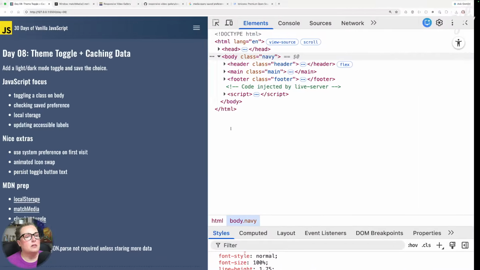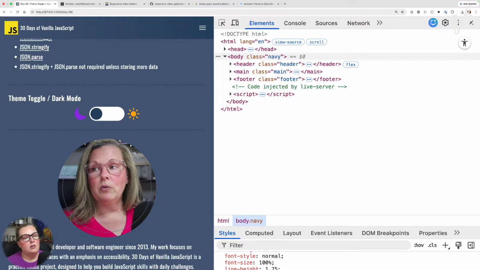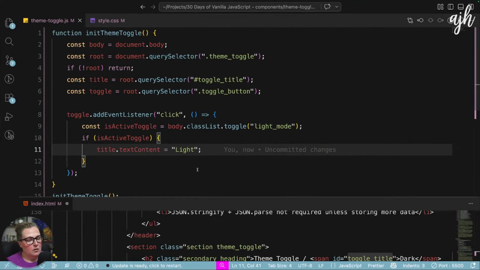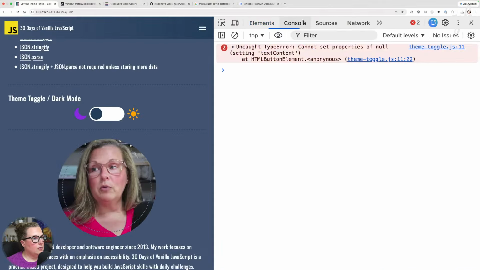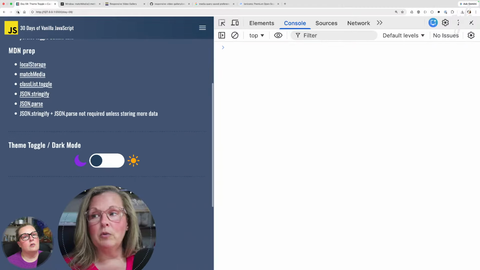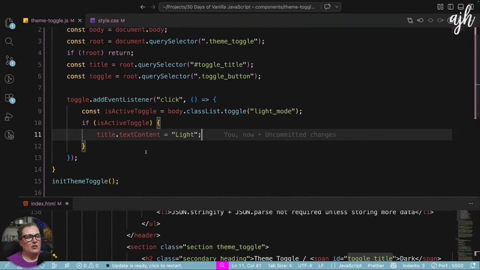Let's see what happens. So now we should see light, the word light update, we should see this animate, and we should see our class. So this is working. Why isn't our title text content equals light? Why isn't that working? Hang on, what's happening here? Cannot set properties of null setting text content. Can you not change the text? Yeah, you could change the text content on